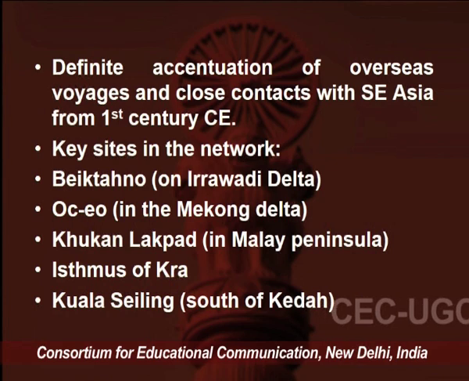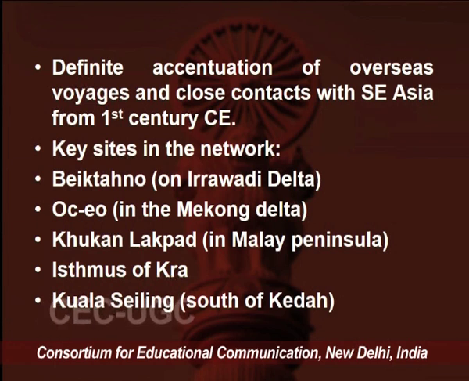However, there is a different accentuation of overseas voyages and close contact with Southeast Asia from the 1st century CE, which is the post-Mauryan period that is the subject of our discussion. And then there are key sites in this network which are outlined on your screen, so that you can take note of. That tells you that in the post-Mauryan times, it is not only maritime trade through the western coast, but also maritime trade through the eastern coast involving coast-hinterland connections, and also in the northern part of India, the overland